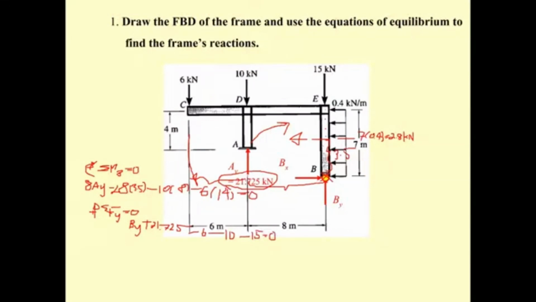So this one is going to be 31 minus 21.725,